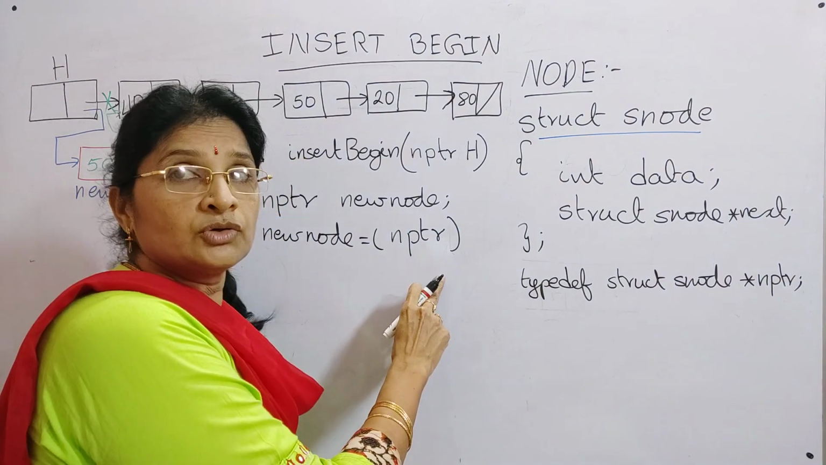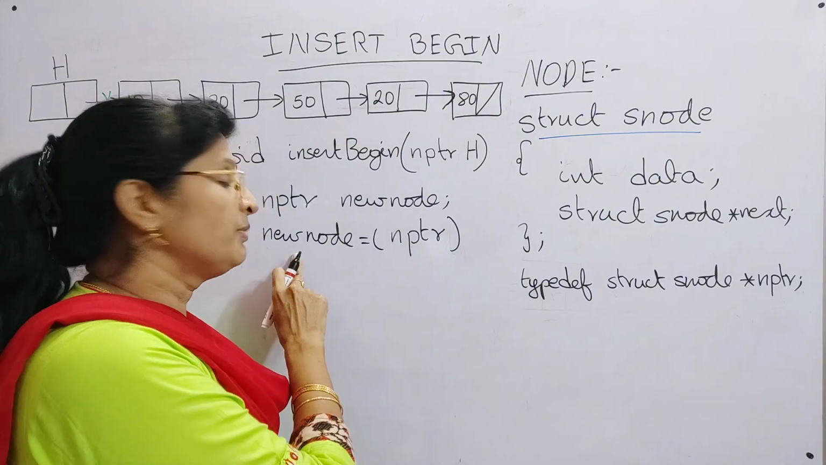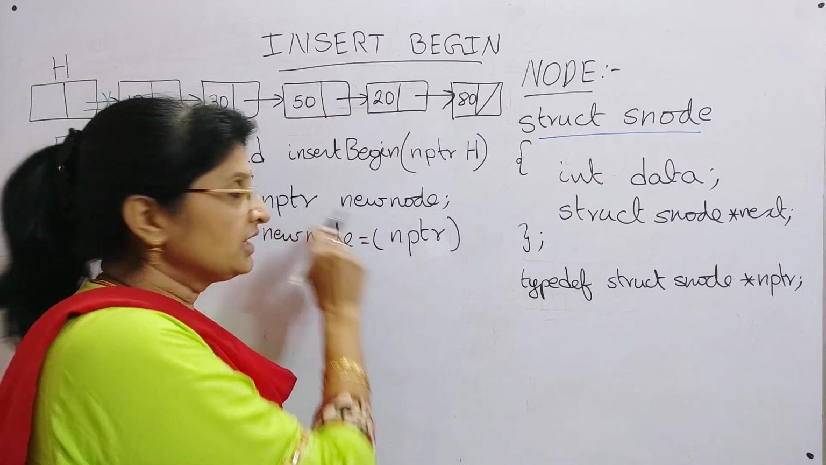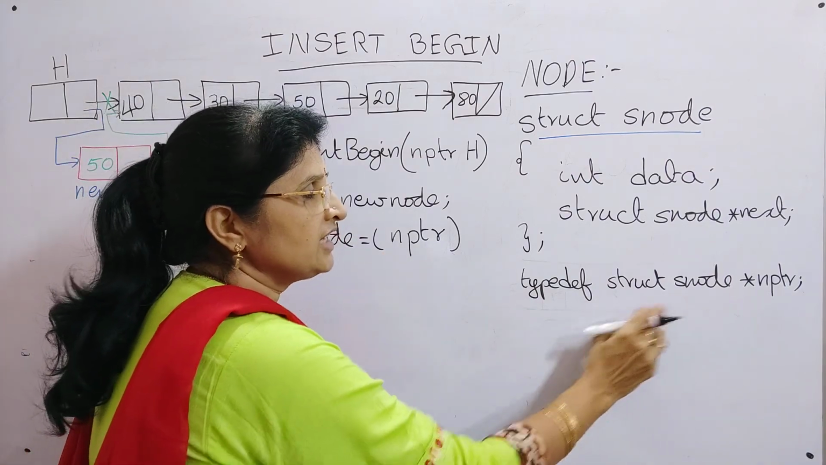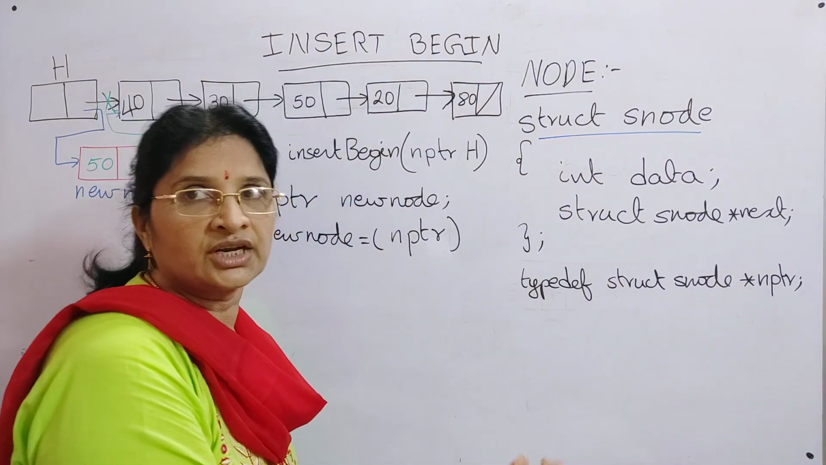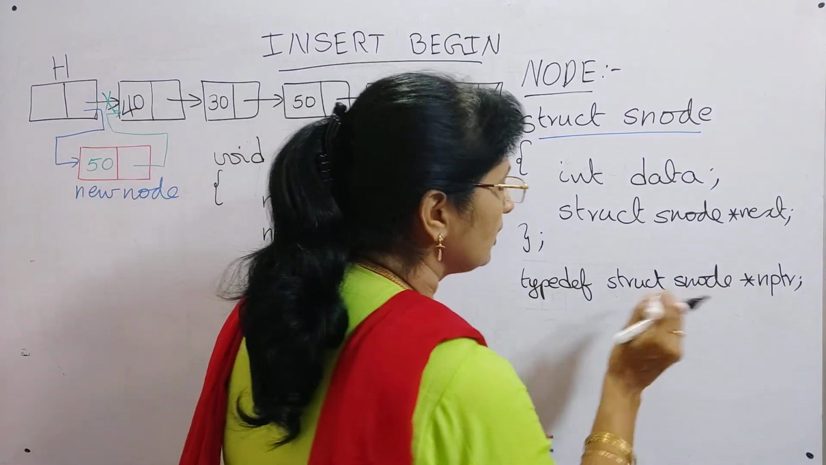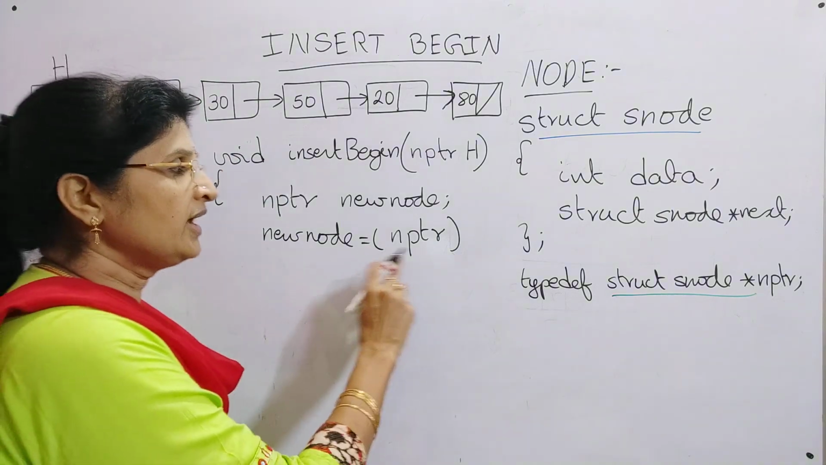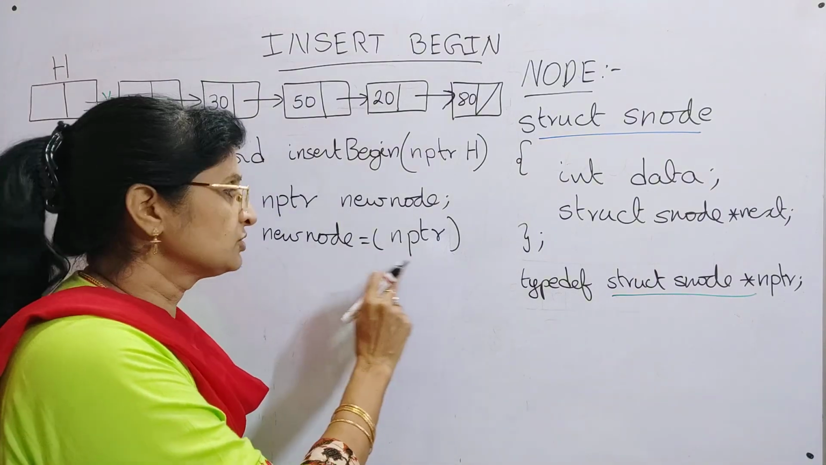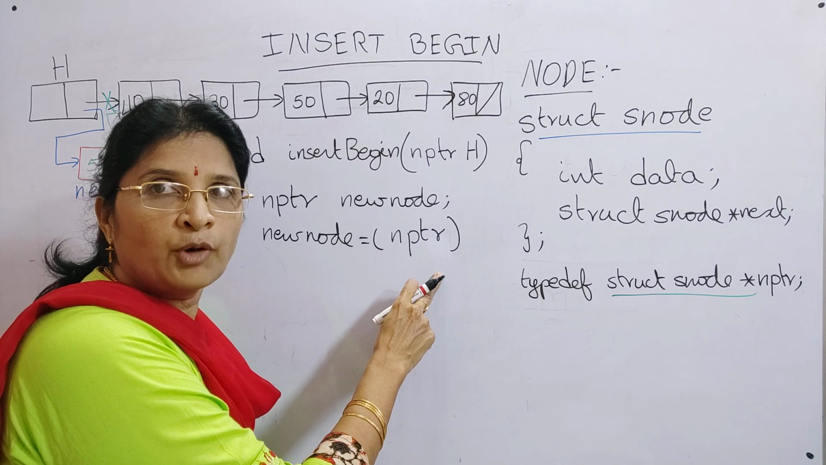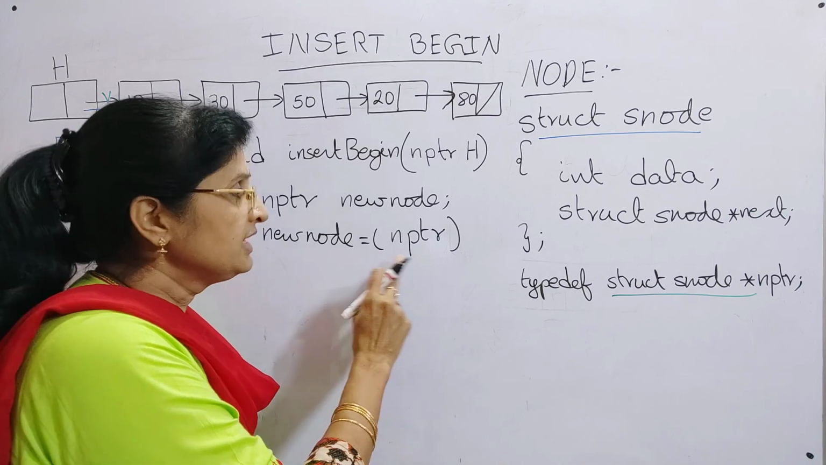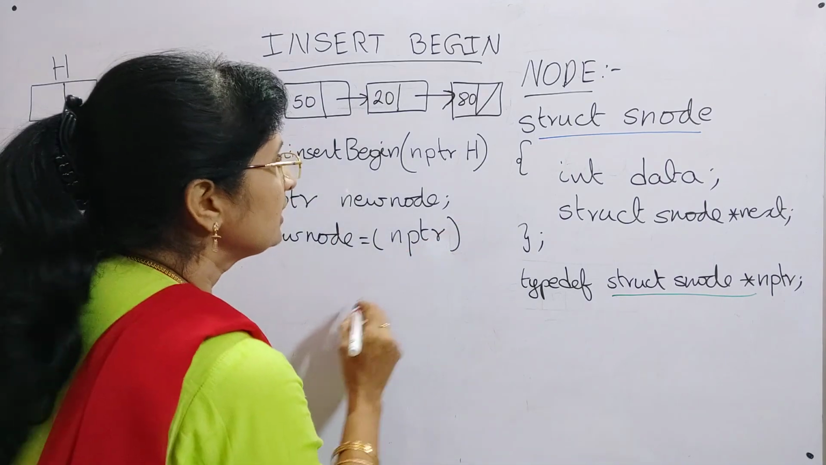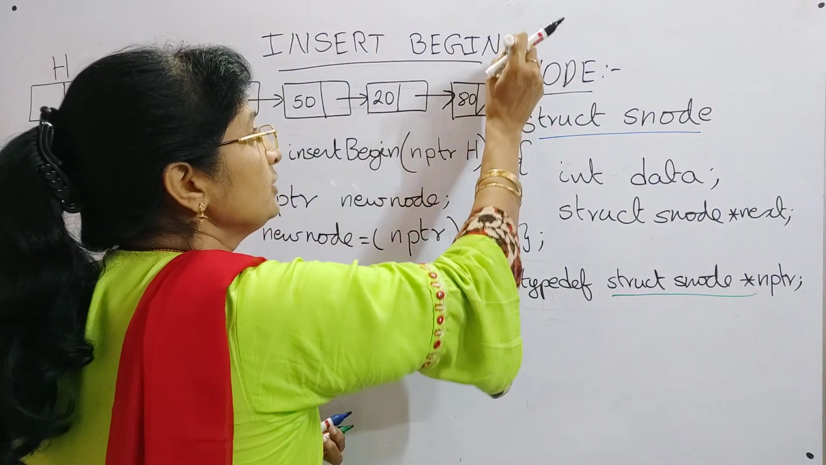So here, new node is of type NPTR. You can give it as NPTR, or you can also give it as struct snode asterisk. For this struct snode asterisk only, we have given a new name, that is NPTR. So that's why within brackets this is typecasting. What I am doing is converting the pointer to type NPTR, that is, struct node asterisk type. Then you have to give the